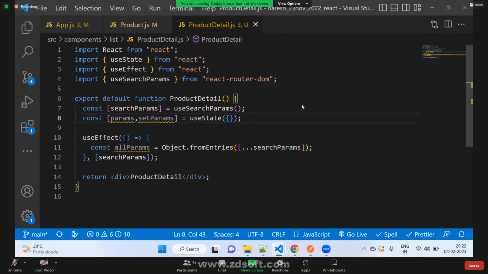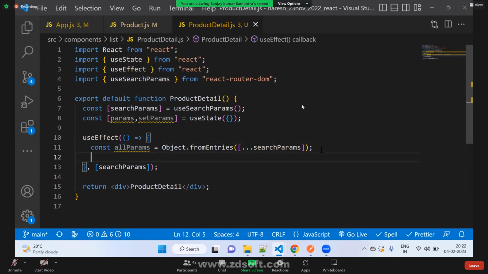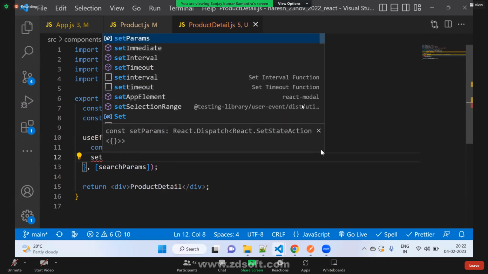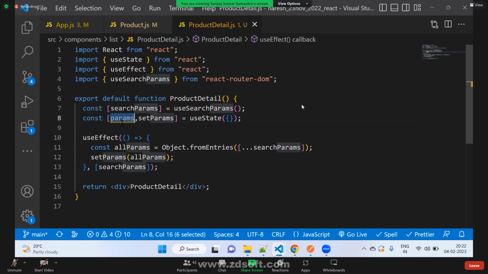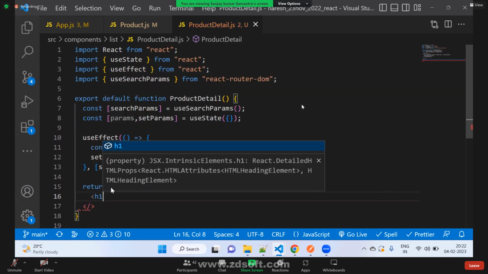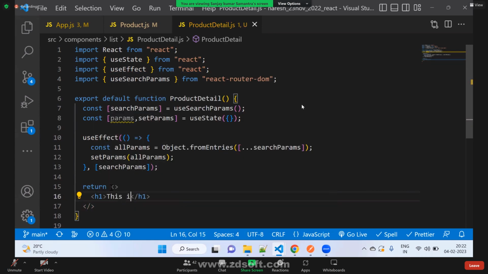Then once we get the params, we will say setParams, all params. Then to print the params data here, what we will do here,